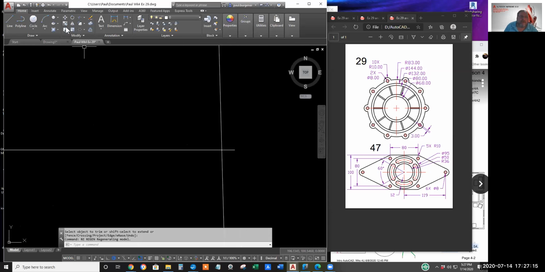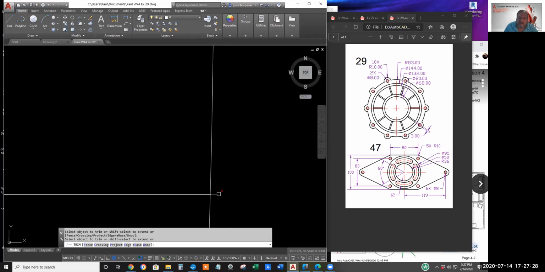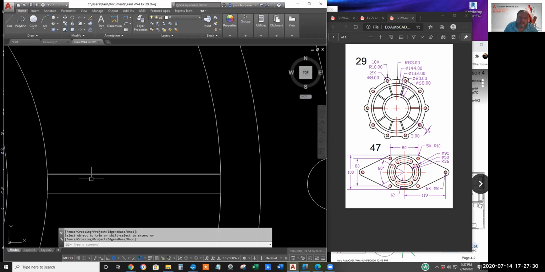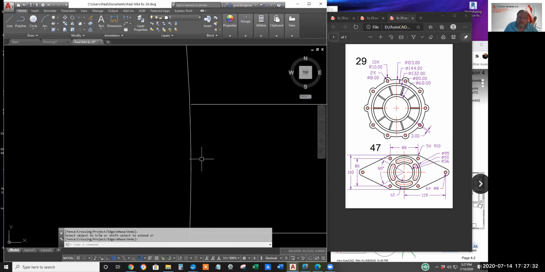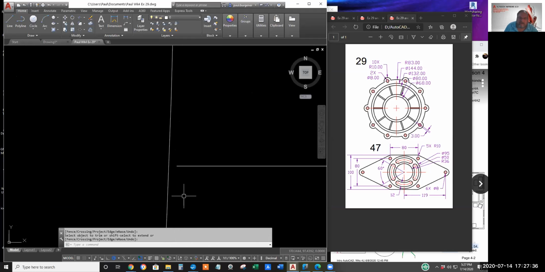So let's trim away the whiskers on the right end of the lines. Enter so that everything's a cutting edge. We really didn't cover the extend command, although you can grip edit these.